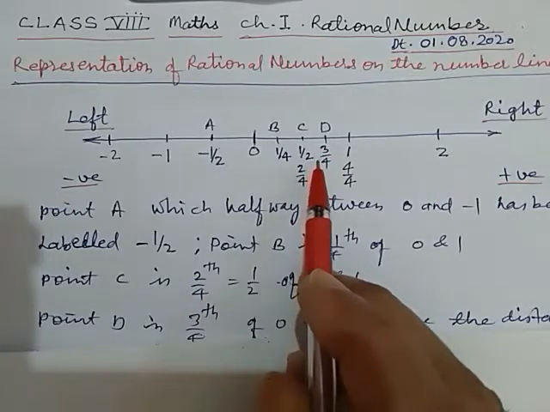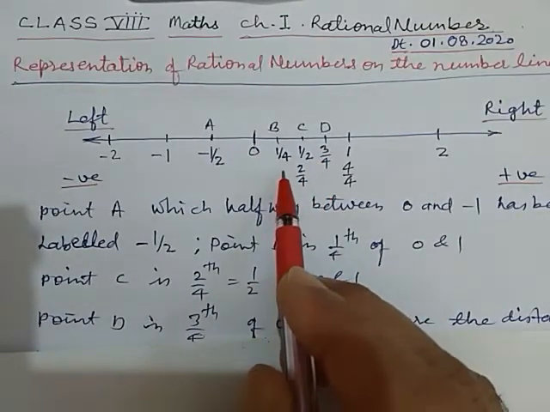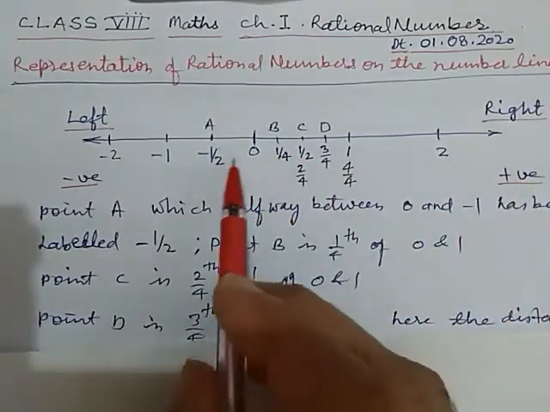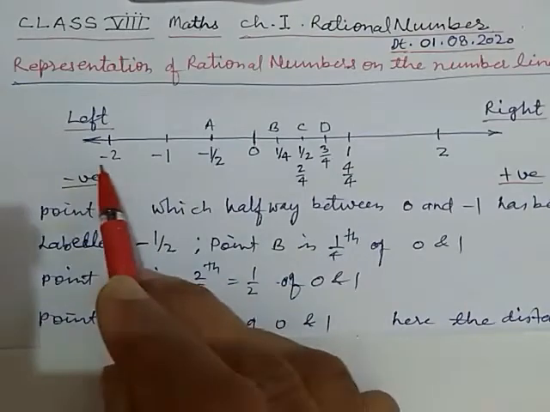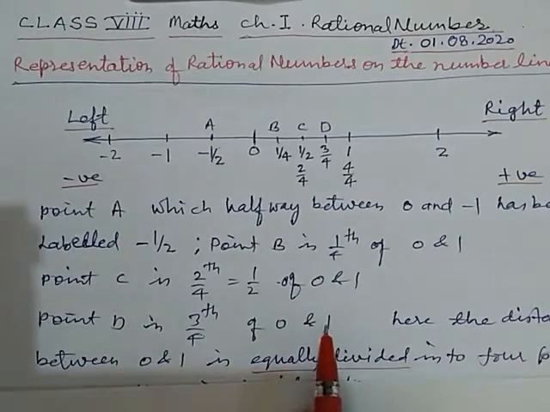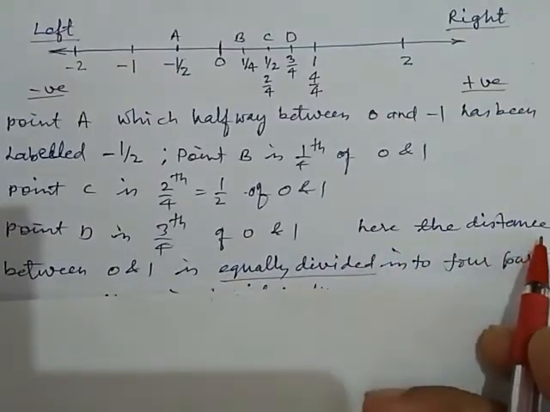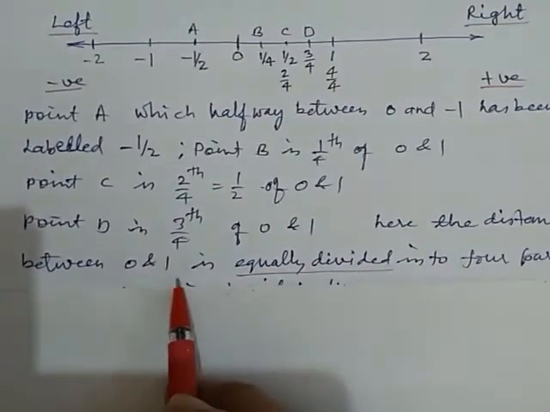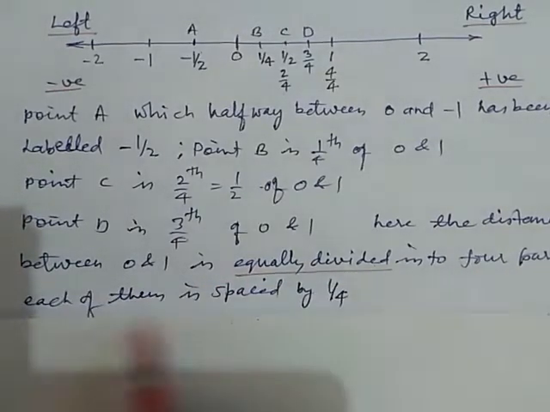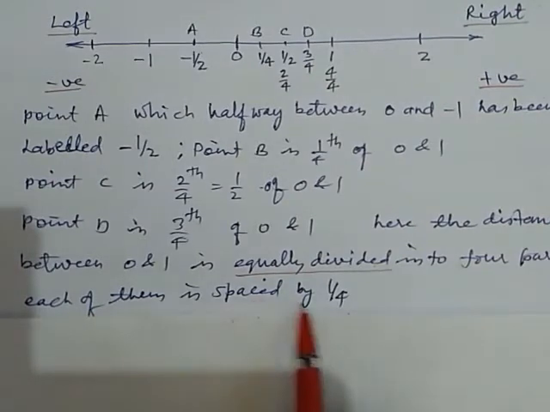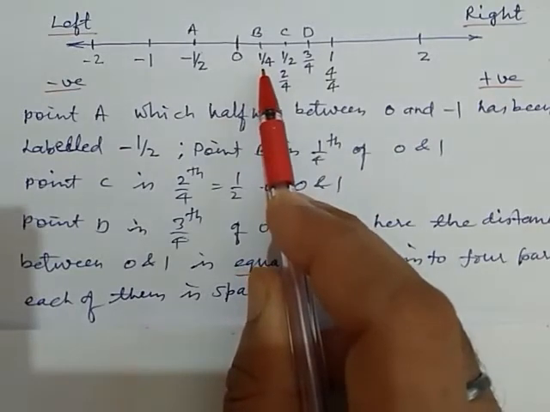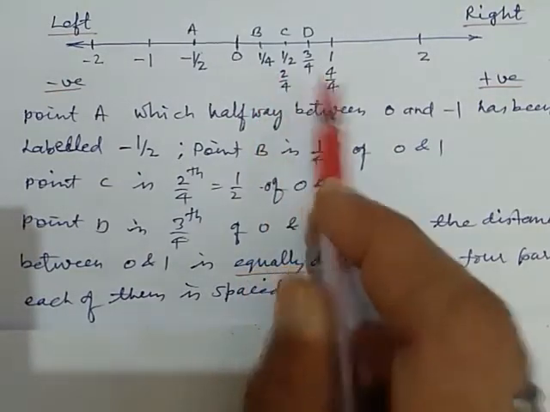If the fraction contains a positive sign, then we have to plot toward the right side. If the number has a negative sign, then we have to plot on the left side. Okay, now here the distance between 0 and 1 is equally divided into 4 parts. Each of them is spaced by 1/4. Why? Because the fraction is a multiple of 1/4. Okay,